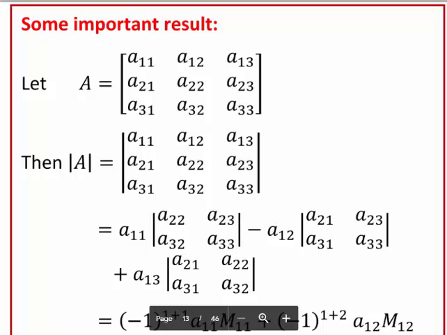Here suppose a matrix A is given having these entries A11, A12, A13. We already discussed how these entries represent the position in the given matrix. This is 3 by 3 and the determinant can be calculated like this. Just take the elements in the first row A11, A12, A13 and write them here, along with the coefficient of each element in the first row,